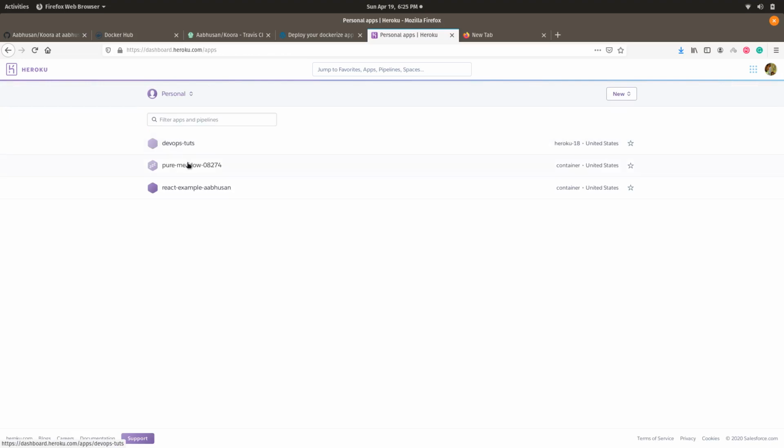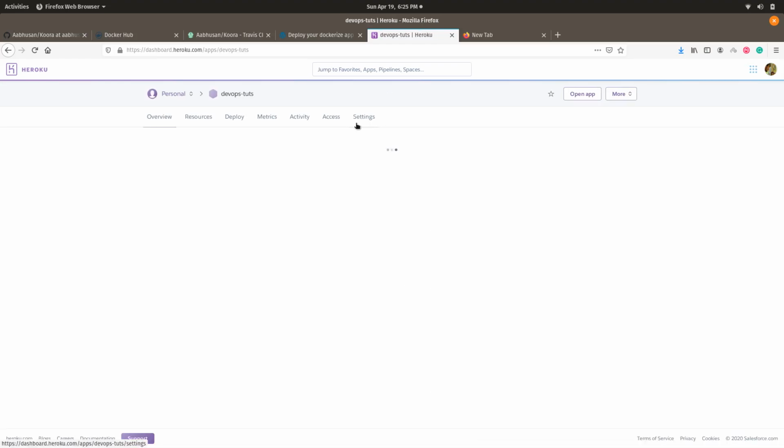I have already created an application from the CLI. Heroku just randomly picked this name, and that doesn't make any sense, Pure Meadow or something. So let me delete this.